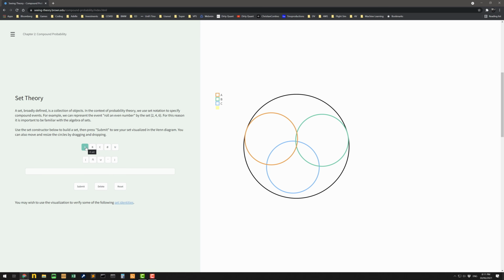So we can do, what's this one here, complement. A complement is like the not, essentially the inverse. So A complement is everything but A. So we're excluding A. I guess you can add some brackets. So we can do open bracket A intersect B. That should be this little bit in the middle. What if I do A intersect B complement? So it's everything but that little piece in the middle.